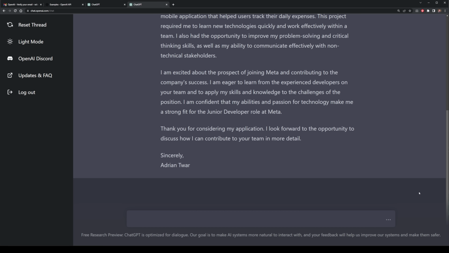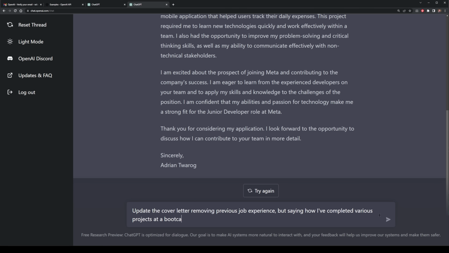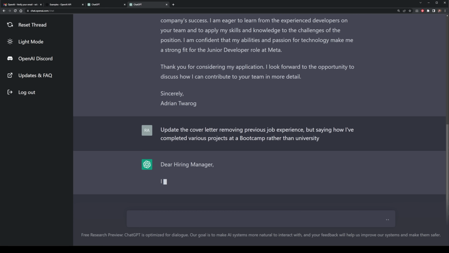I might not even have a bachelor's degree. This is where we can go through and update this prompt of this cover letter, say removing the fact that I have maybe no prior job experience, but maybe listing out that I worked on quite a few different types of projects when I actually was doing a bootcamp in programming rather than going through university. OpenAI will go through this prompt and update it based on the context of what is now required,